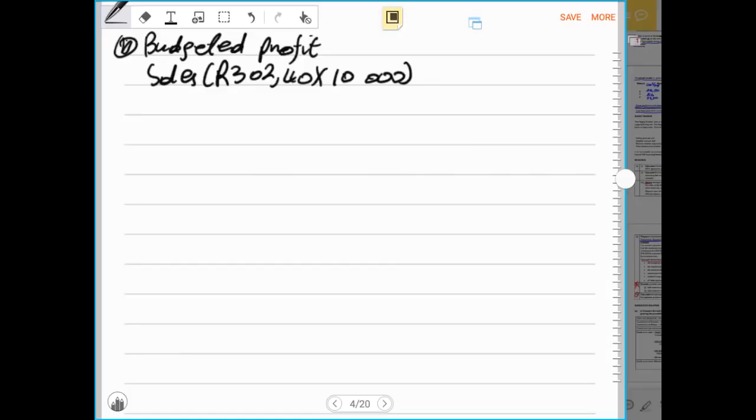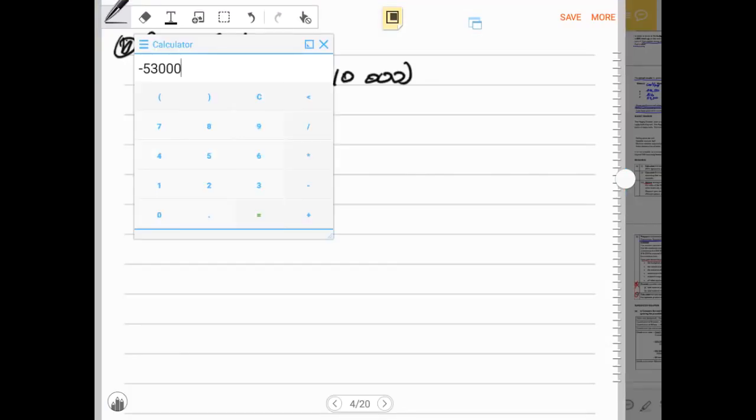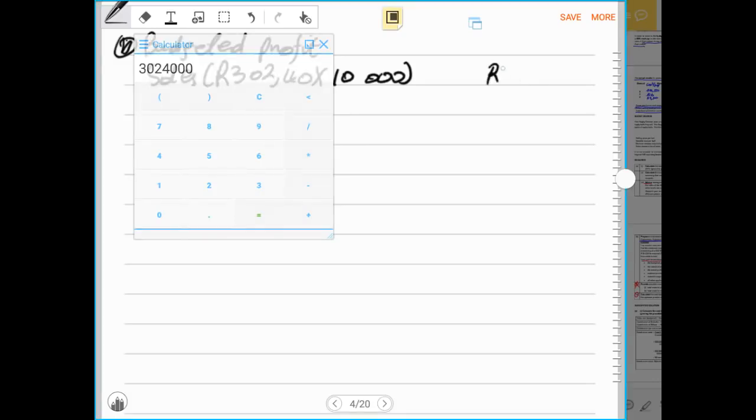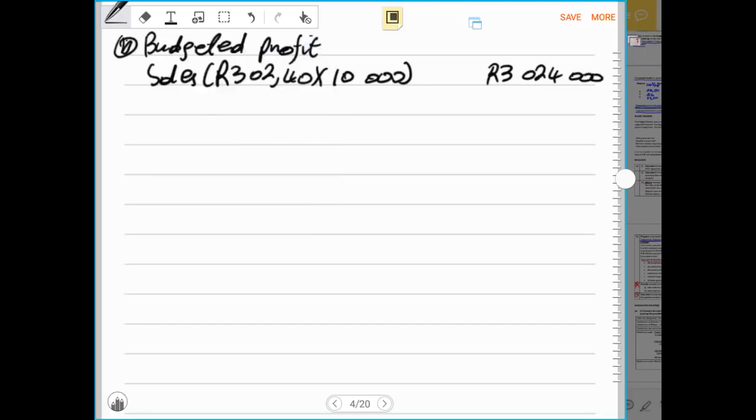So we have our budgeted sales, which is 10,000 times 302 rand 40 cents. This gives me 3,024,000. This will be the budgeted sales. Then after the budgeted sales, I have to subtract marginal cost